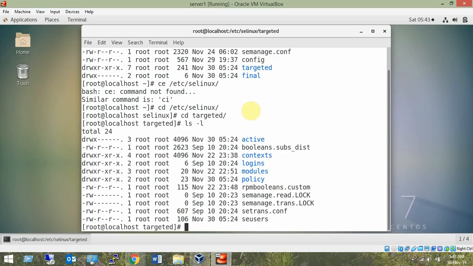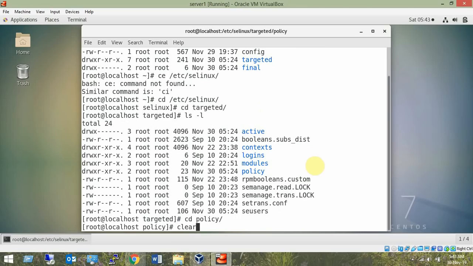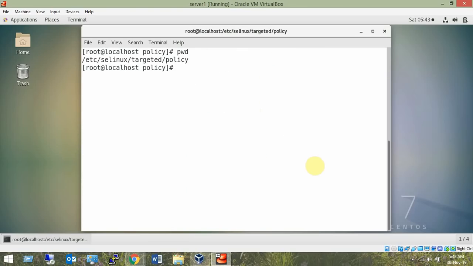So here we have contexts, we have logins, we have modules, we have the policy. So the policy is under this directory. We are working in /etc/selinux/targeted/policy, and you see the policy is .31, that is, 31 is the policy number. The same will be reflected